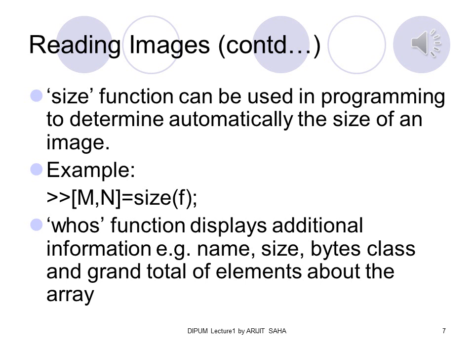This M, N can be anything. Here we have just taken M, N; it is not that M, N is the only option. You can write anything, but you have to keep two spaces where you can store the number of rows and columns respectively. Now, the whos function displays additional information about the array, for example name, size, bytes, class, and grand total of elements.